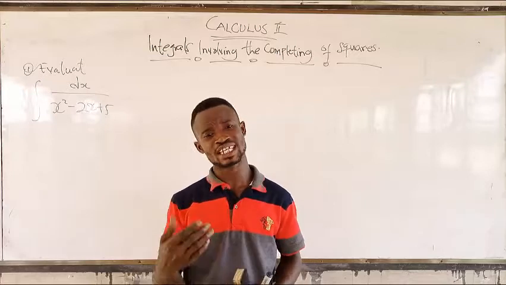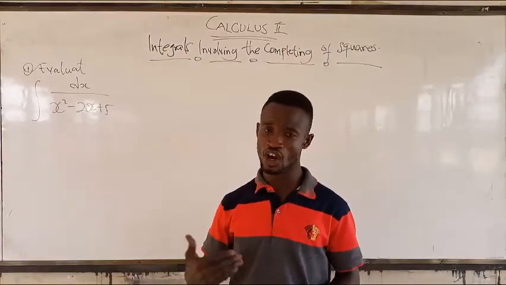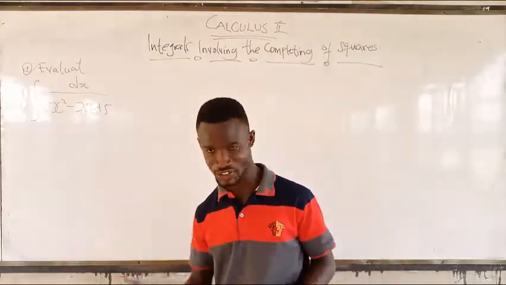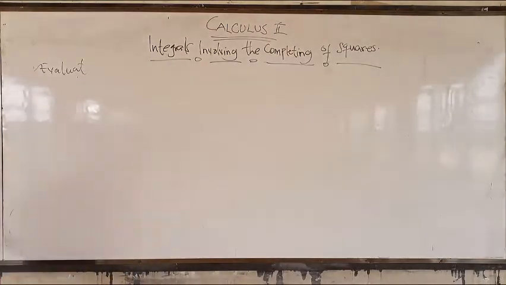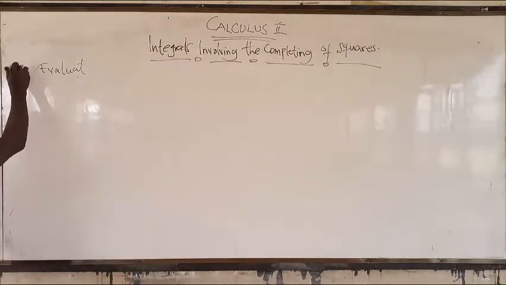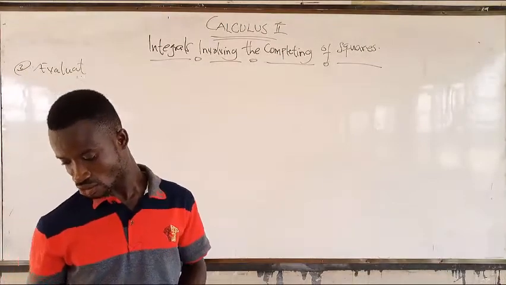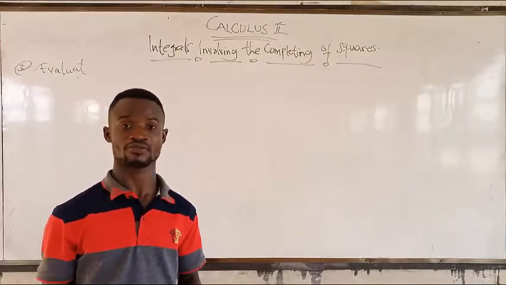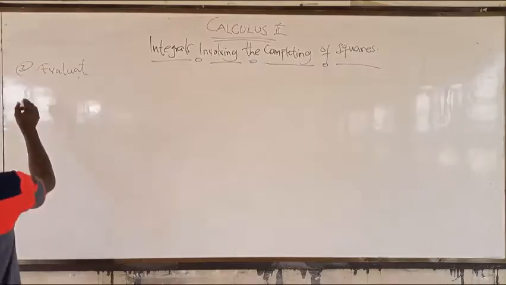So if it can be factorized, then that can be solved by partial decomposition. So sometimes you need to think around and check the alternatives to see if that is going to be helpful. All right, very good. Looking at this,